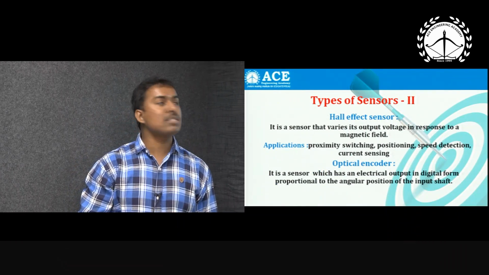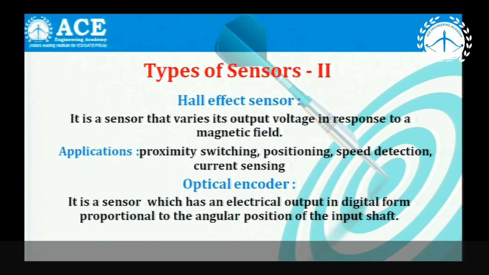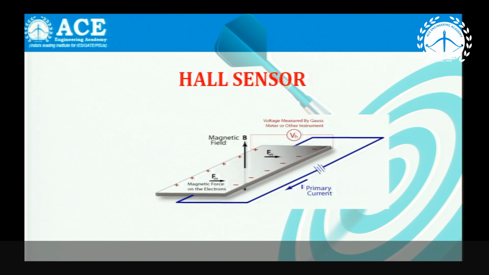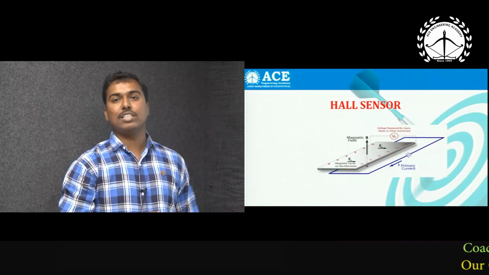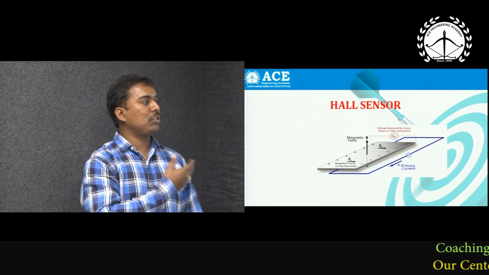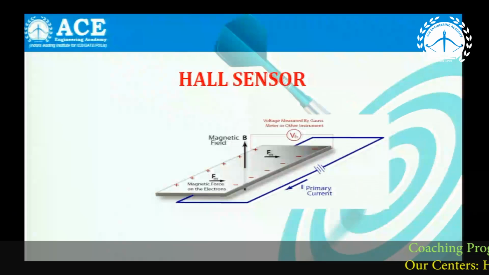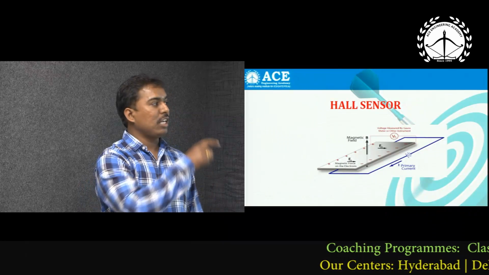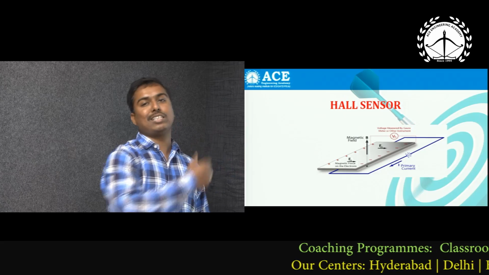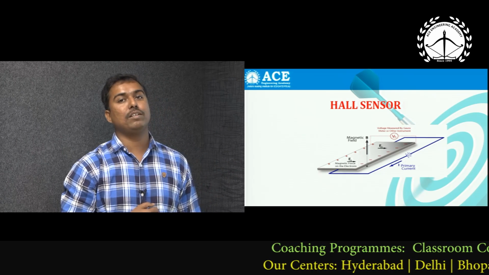The other sensors he has given in the syllabus are Hall sensors and optical encoders. This Hall sensor is a sensor for magnetic field. So what is a Hall sensor? If you see this image, it is very clear. Whenever an electrical conductor is kept in a 90 degrees magnetic field, if you observe that image, internal charge carriers are going to experience a force. So at the left and right, we are going to get some charge. That means if a magnetic field is present, we are going to get electrical output. A Hall sensor is a sensor for magnetic field.